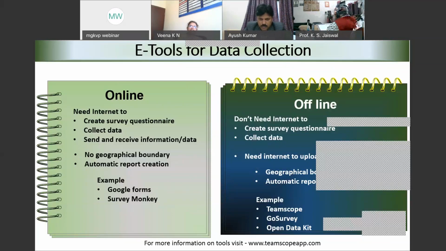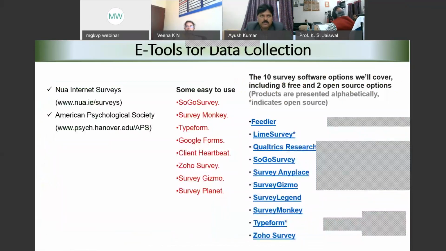So some of the examples you can see here, like Google Forms, SurveyMonkey, and many more I'm going to give you a list of, are examples of online data collection tools, whereas TeamScope, GoSurvey, Open Data Kit, and many more, which I'm again going to give you a list of, are offline data collection tools.